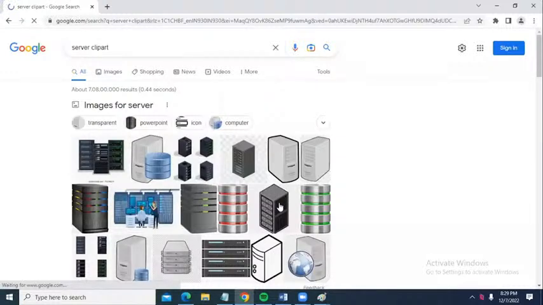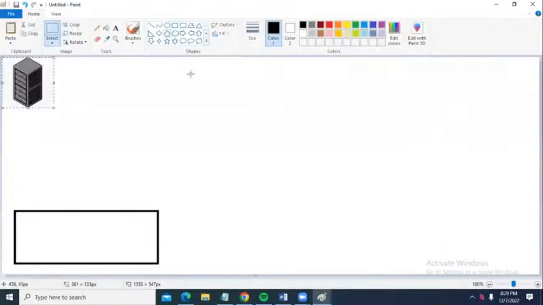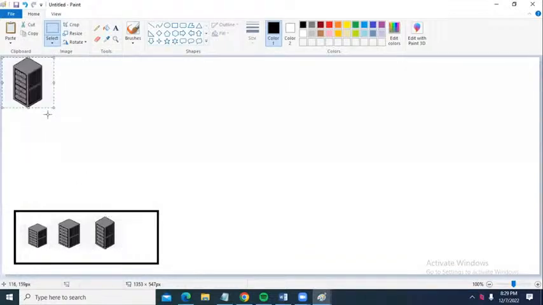I can take one of these images. In every software industry, there are hundreds of servers, but because of space issues, I'm taking only 4 servers.